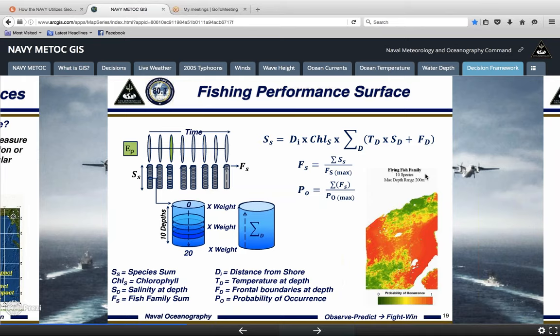Sorry about that. So what we're looking at is a number of species, and anyone that goes out and does any kind of fishing, you know you have a local knowledge about what the environment does to those species. If a cold front comes through, if the water temperature is such, what the tides are doing to the fish species. So what we were looking at is that problem set that I mentioned earlier with that multidimensional data set, where we may have